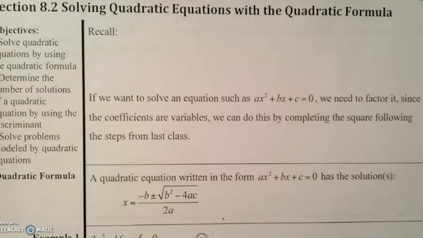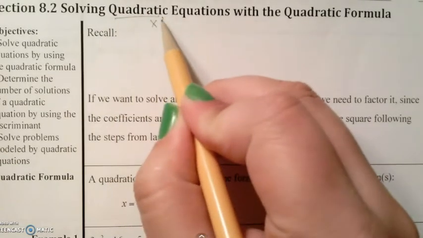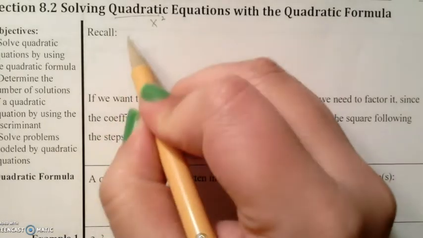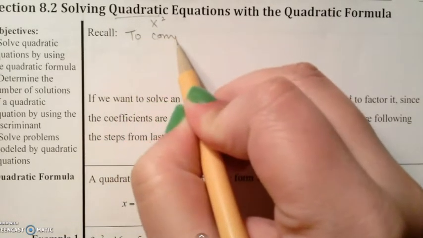As we just saw in 8.1, the purpose of completing the square is to solve a quadratic equation. Remember, quadratic means it has an x squared term as its highest power. So the idea behind completing the square, to complete the square,